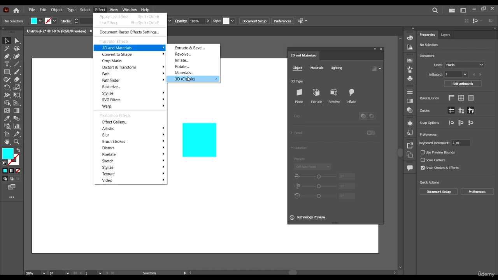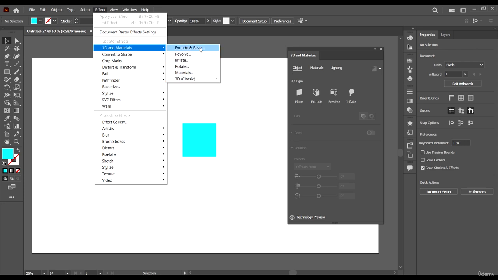So this old one, which was the only 3D available at that time, was now made the 3D classic. This 3D classic actually has some features which the normal 3D do not have. So there were some features that they didn't want to just disband, so instead of totally disbanding the 3D effect, they just made it into 3D classic and then added this new